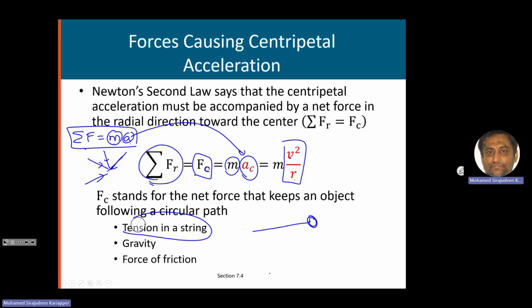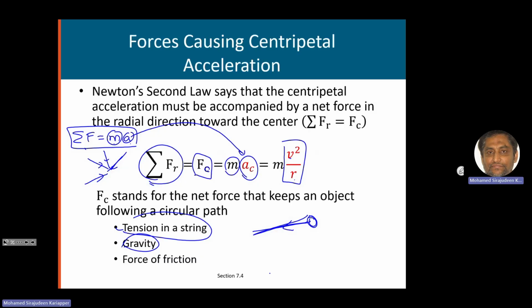The centripetal force will be provided by the tension in the string. So that is one. Gravity force can also be a centripetal force. We know the planets go around the sun in an almost circular path. So what is the centripetal force there? The gravitational pull of the sun pulling those